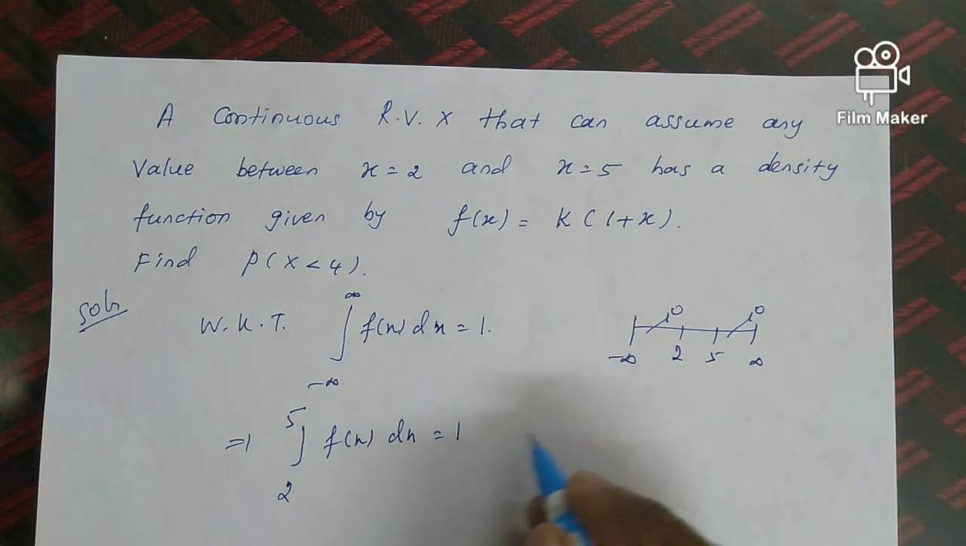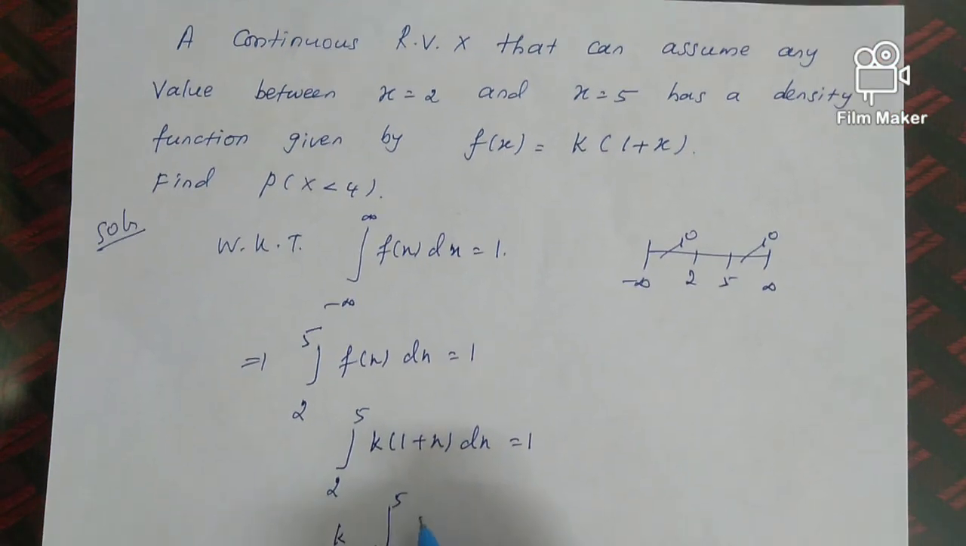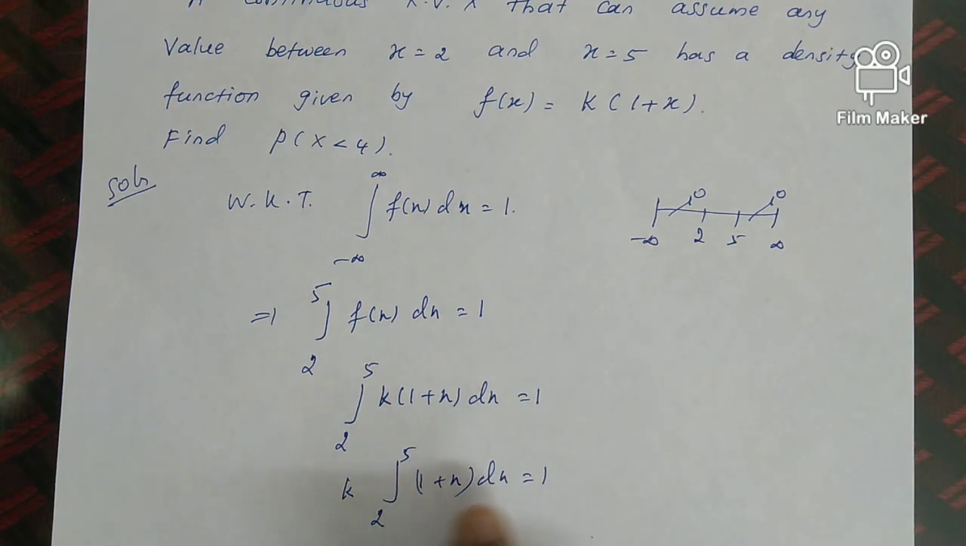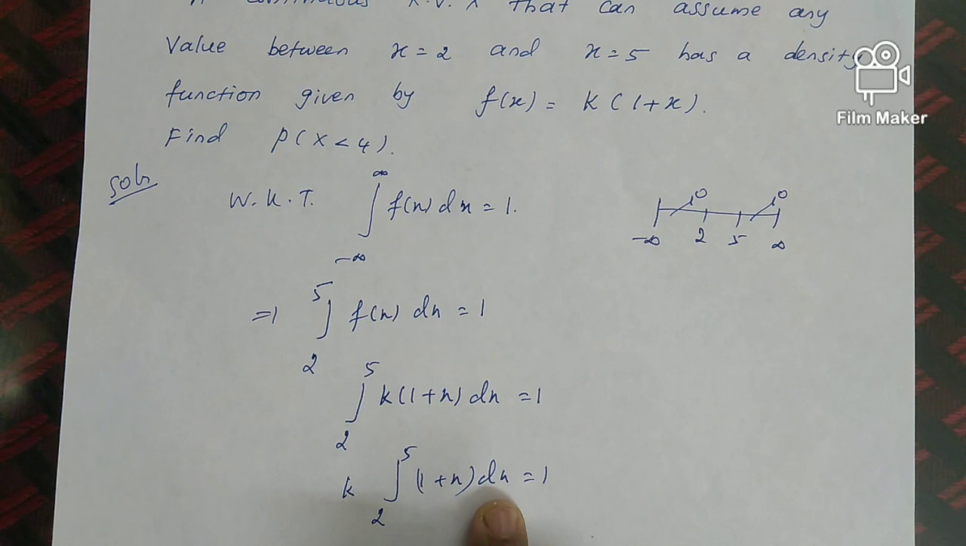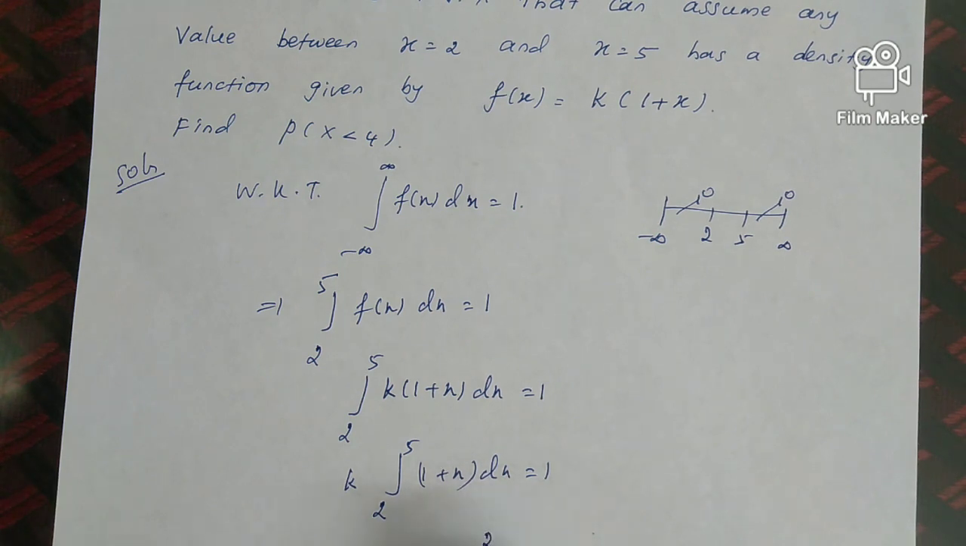It is given that f of x is equal to k into 1 plus x. So, integral 2 to 5 k into 1 plus x dx equal to 1. We can take the k outside: k times integral 2 to 5 of 1 plus x dx equal to 1. This is of the form integral x dx, and integral x dx is x square by 2. So, based on that we can write this as k into 1 plus x the whole square divided by 2, with the limit 2 to 5,